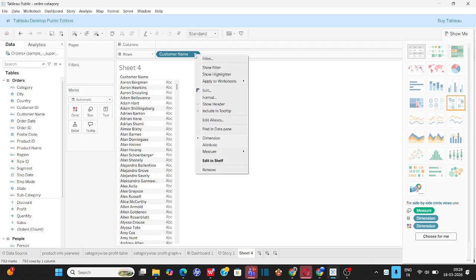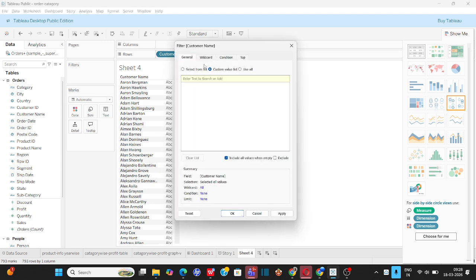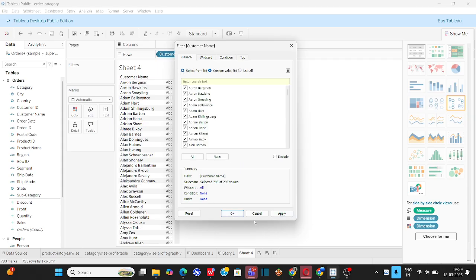Now see this carefully, I will apply the filter here, even I will apply the dimensions, some measures, and some conditions will also apply here, and even we can apply some calculations, table calculations. Okay, so in this you can filter with some names of the customer and identify the customer's name, and for those specific customers you can